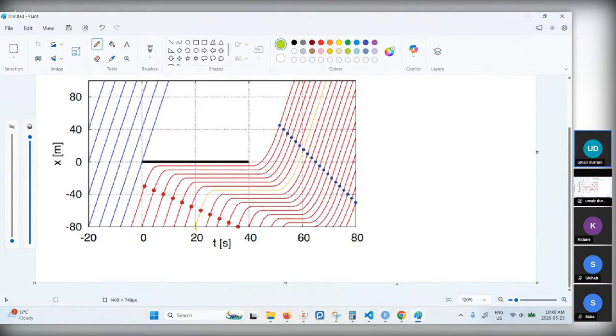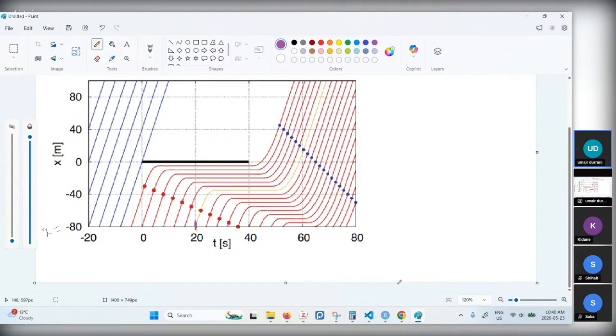Let's use a different color. So 20 seconds is right here. And we want to estimate the flow. The flow can be estimated at a given x location. If we estimate the flow at x equals minus 80 meters,